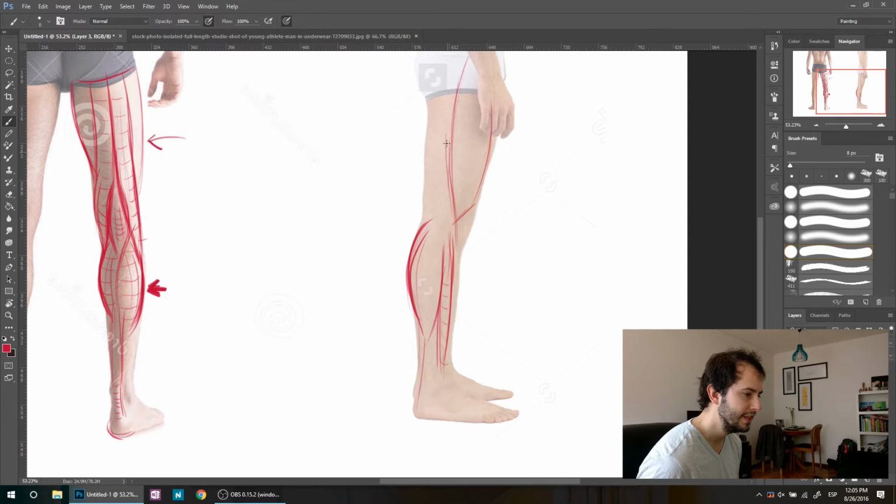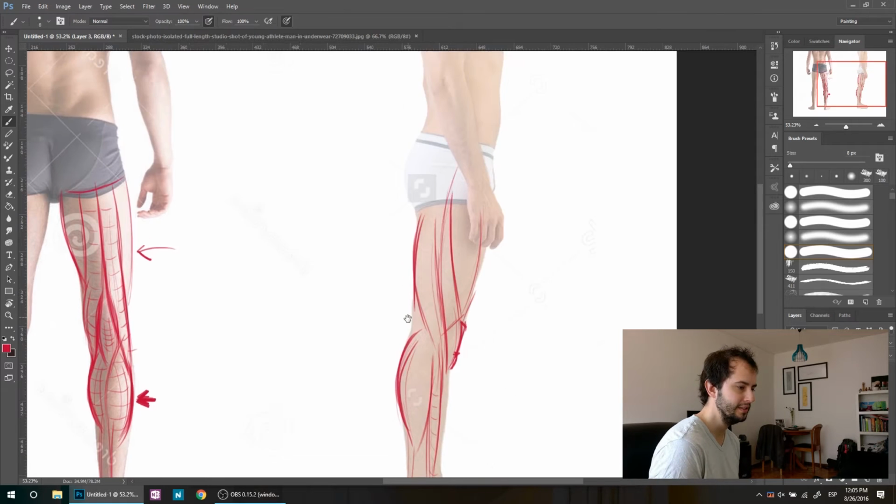They just come this way. They get attached like this. And here we come to the knee. Remember, we've seen the knee already. And actually there comes a really big tendon here